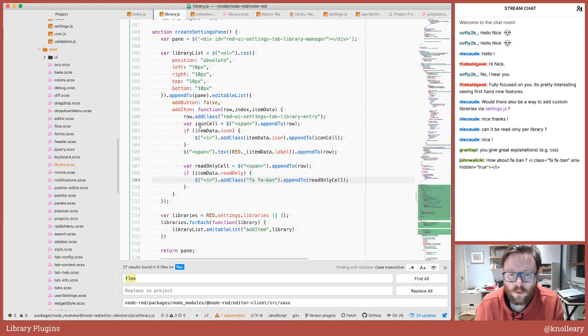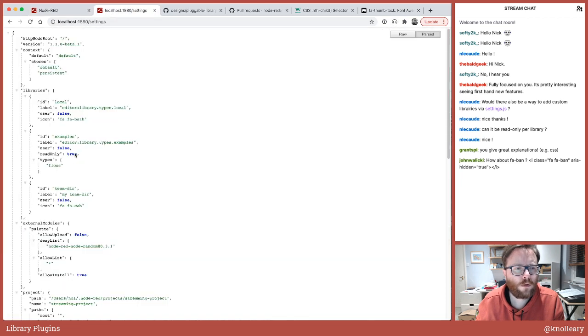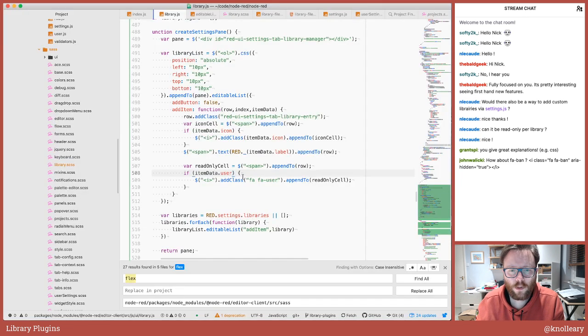What I might swap that for is a user one. So I'm going to say if, is that right? Did I call it user? Yeah, user false. So if it's a user library, then give it a user icon, which may or may not make sense. It may be better to have a